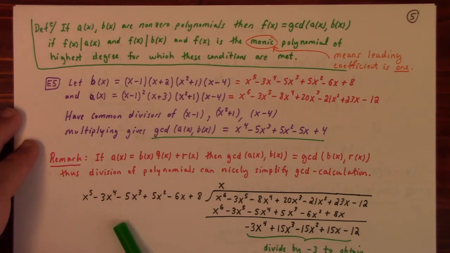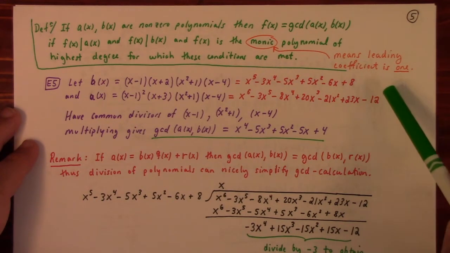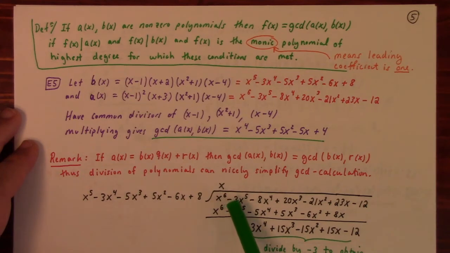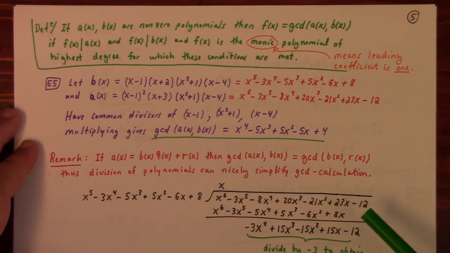To divide this, which is, by the way, b of x, into a of x, there's only one step. X times this gives me that. Not really, it gives me this, which when we subtract the second from the first, we get minus 3x to the fourth plus 15x cubed minus 15x squared plus 15x minus 12. And now that's not quite the GCD yet, but the last non-zero remainder